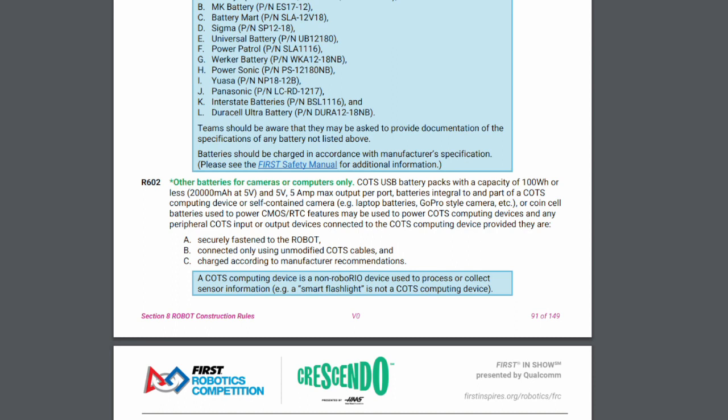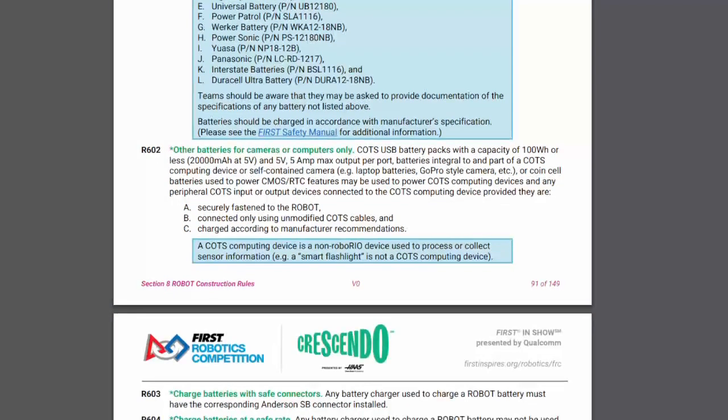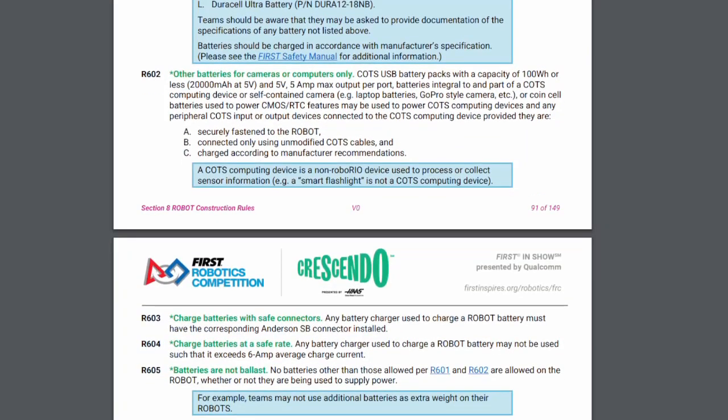R602. Other batteries for cameras or computers only. COTS USB battery packs with a capacity of 100 watt-hours or less, 20,000 milliamp hours at 5 volts, and 5 volts, 5 amp max output per port, batteries integral to and part of a COTS computing device or self-contained camera, e.g. laptop batteries, GoPro-style cameras, etc., or coin cell batteries used to power CMOS/RTC features may be used to power COTS computing devices and any peripheral COTS input or output devices connected to the COTS computing device, provided they are: